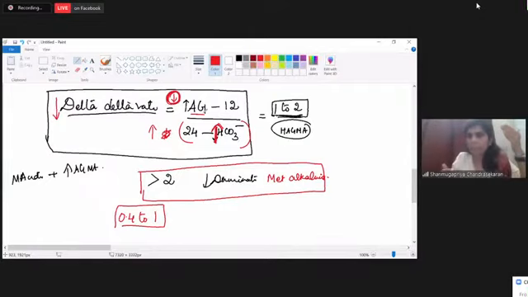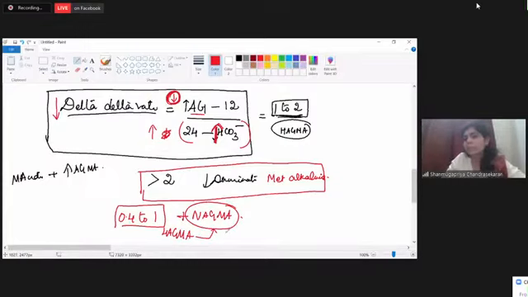So there is metabolic acidosis, but it is not only explained by a high anion gap metabolic acidosis; there is also a coexisting normal anion gap metabolic acidosis. Do you understand this? If the delta-delta ratio is between 0.4 and 1, it means the numerator is less. When will the numerator be less? When the anion gap is not that much elevated as expected. When will it not be elevated? When there is a coexisting normal anion gap metabolic acidosis. Along with high anion gap metabolic acidosis, there is also a normal anion gap metabolic acidosis. Are you clear about the interpretation of the delta-delta ratio?